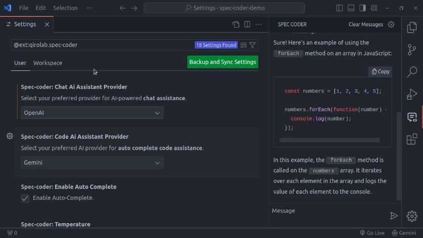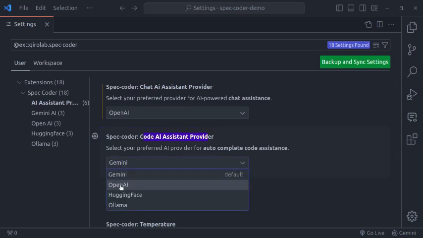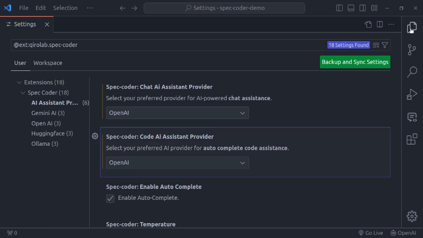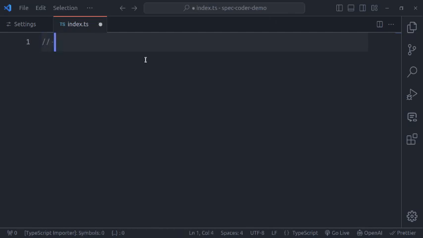Now let's test the autocomplete code feature with OpenAI also. So first, in the status bar you can see that it is using Gemini for code generation. So let's change this. So in the AI assistance provider settings, here code AI assistant provider is Gemini. Let's change this to OpenAI. It's done. Now let's open the index.js, and here let's say write a function to filter even numbers in array,